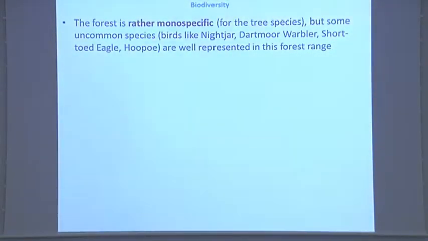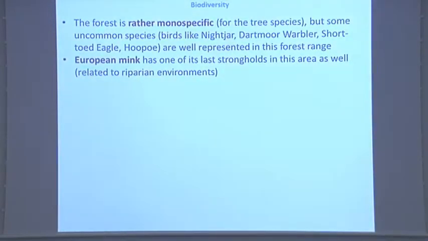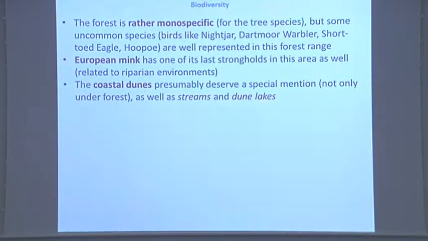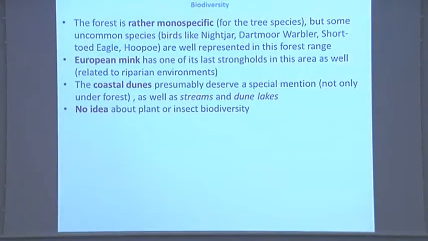Biodiversity, it's rather monospecific. It was planted 150 years ago, so the open spaces that remain are quite good for some species like nightjars and short-toed eagles, hoopoes, bird species. I know birds. And for the rest, I can only say that actually the things that are interesting are the streams and dune lakes and coastal dunes. So some of the environments that are not really well known for the forest in this larger area are those places that keep the most of the biodiversity that is there. No idea about plant